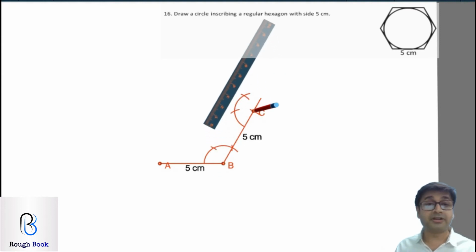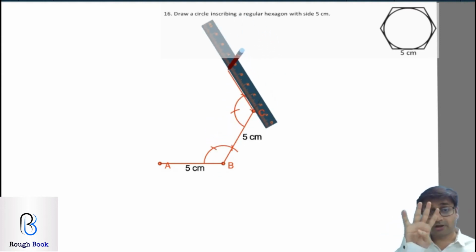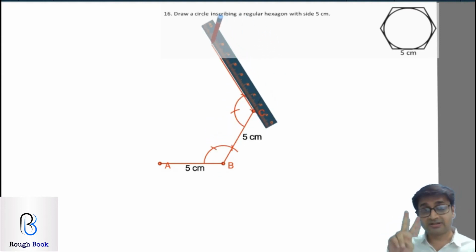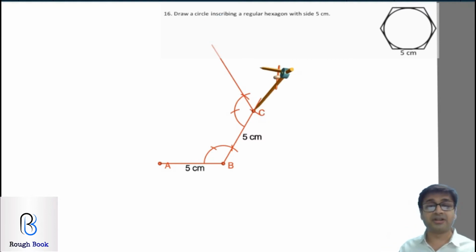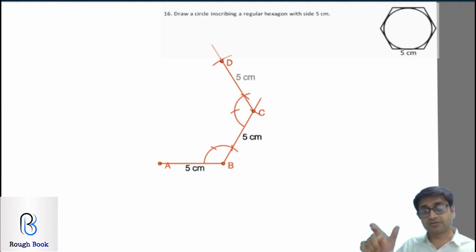How many 120 degrees are you going to draw? Four 120 degrees, don't forget that. So this is the second one. Cut an arc of 5 centimeters and we will get our point D straight away. Come back to A and from A get another 120 degrees. So let's keep the compass on point A, cut an arc of suitable radius, and from 0 then we'll cut